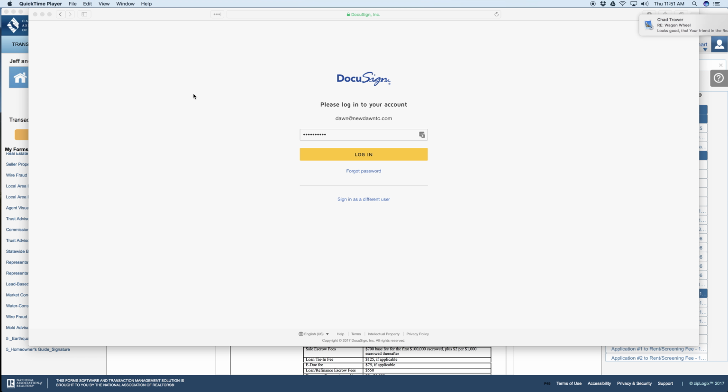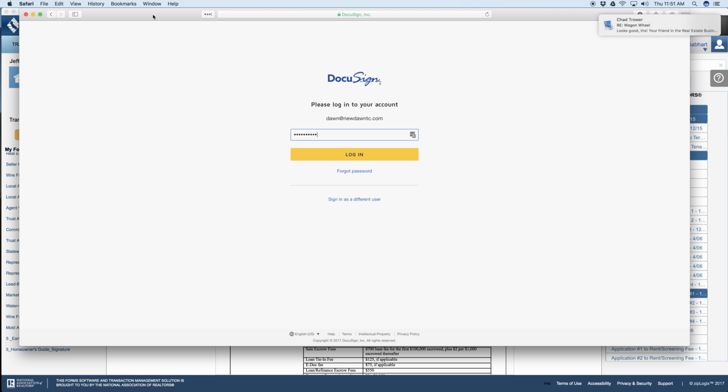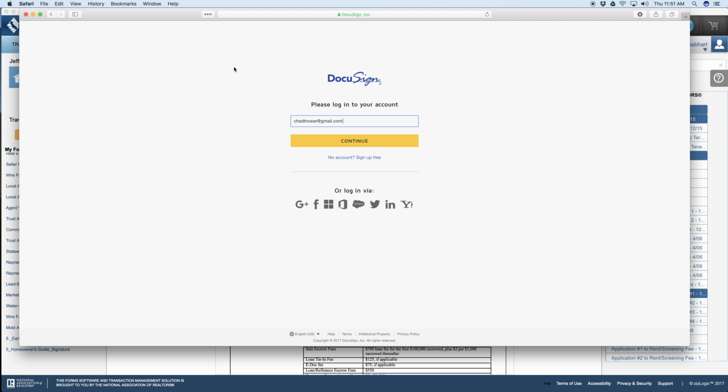Okay, so now we are going to learn how to tag a Docusign envelope. So you're going to go ahead and go to docusign.com and it'll bring you to this loading page. From here, you can log into multiple accounts. If you were under login as a different user, if it was another agent, you click sign in as different